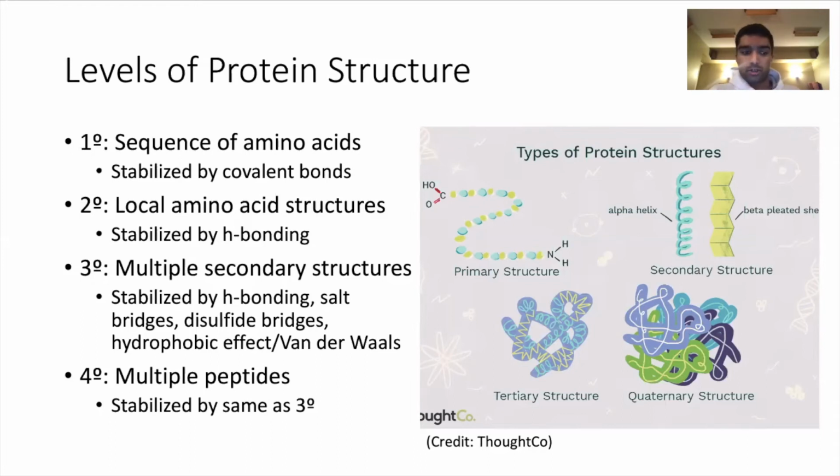Now, quaternary structure, that's the 4, is when you have multiple peptides coming together to form one protein. So for primary, secondary, tertiary structure, these were actually peptides, not really proteins. The distinction is a little bit loose, but peptides are one single chain of amino acids. Proteins, on the other hand, are when you have multiple peptides that have all folded up, coming together to create an even larger protein. And you can see that on the picture there, where you have different peptide chains that are all folded up of different colors, showing that they're not covalently bonded to each other,